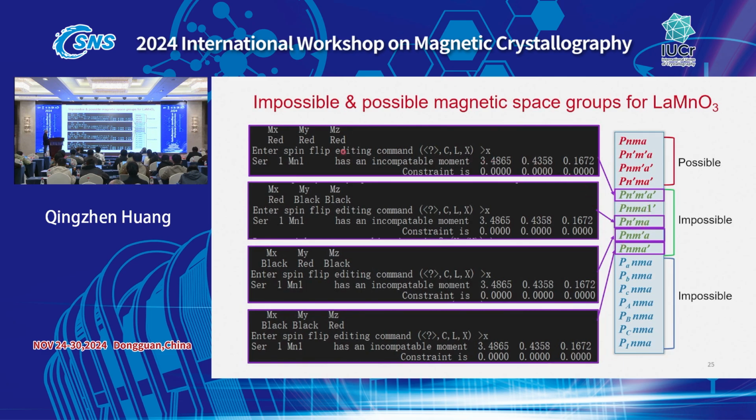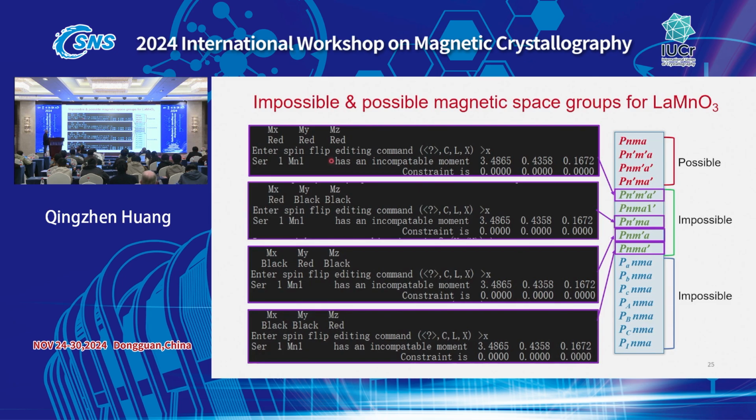If you put the space group this, for example, then all the moments are completely constrained to be 0, 0, 0. It means if it uses this space group, the magnet will